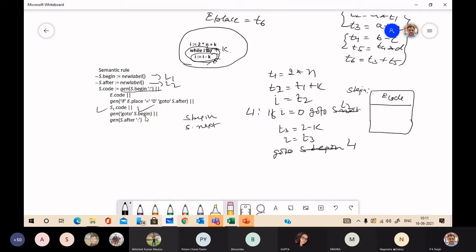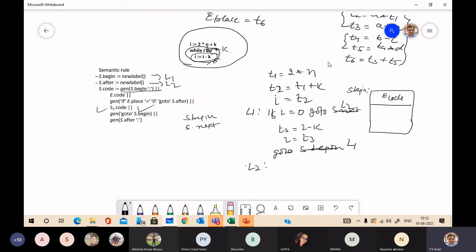After that, it will patch S next. Here it will write L2.